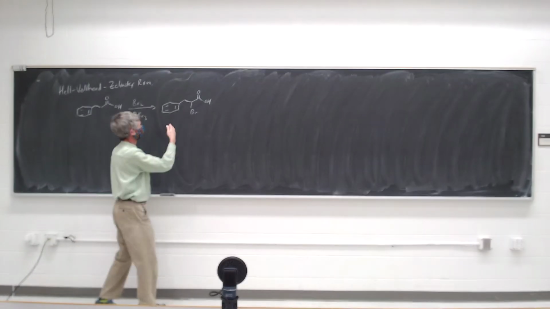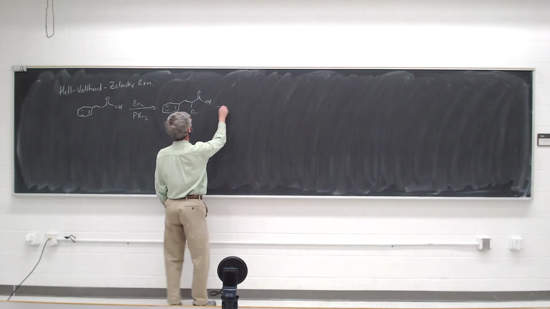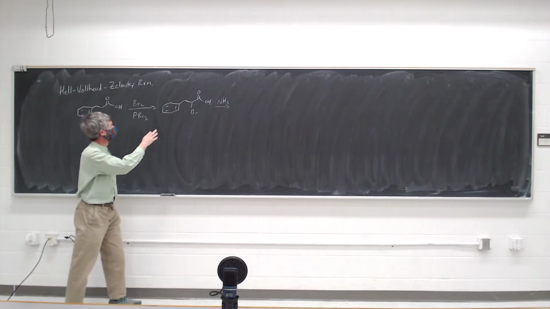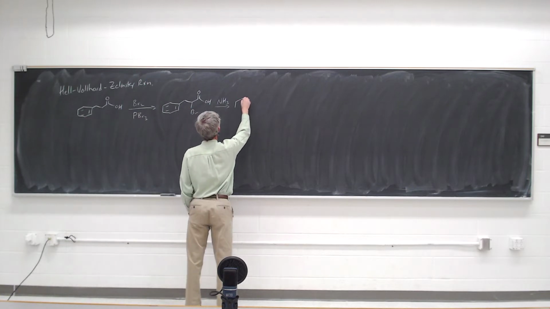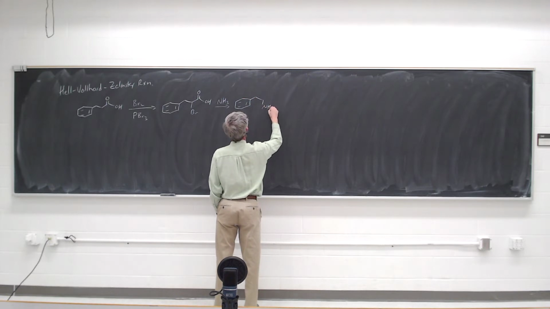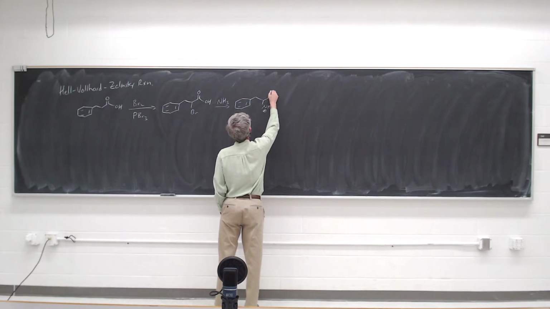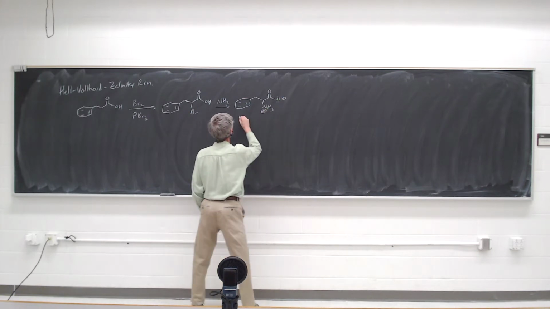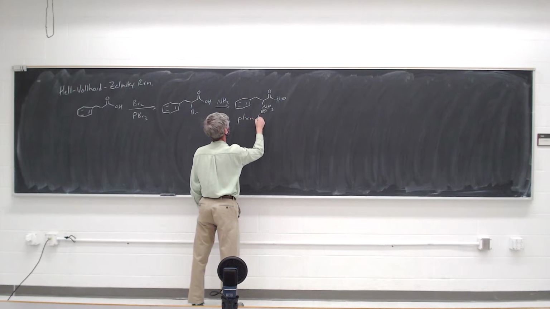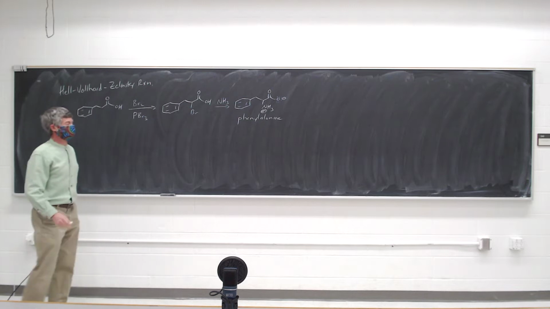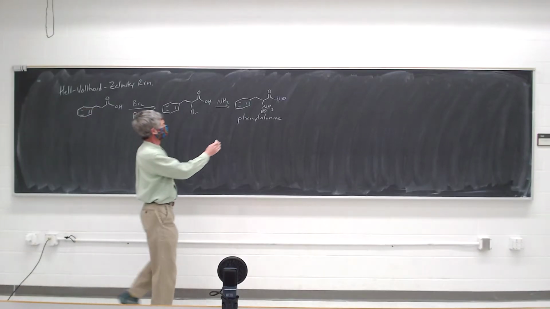and I chose this particular example because if you were now to take this and treat it with ammonia to do the SN2 reaction, the product would be phenylalanine. That is one of the 20 common amino acids. And you'll notice that I drew this as a zwitterion